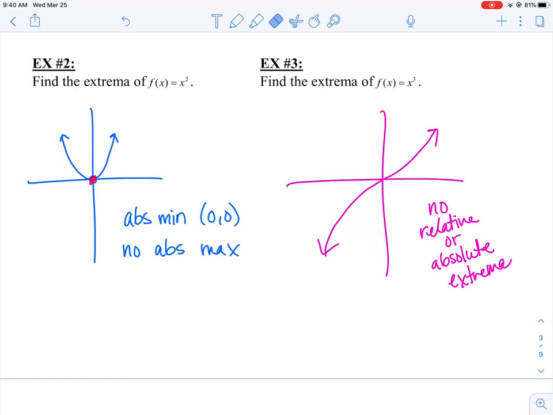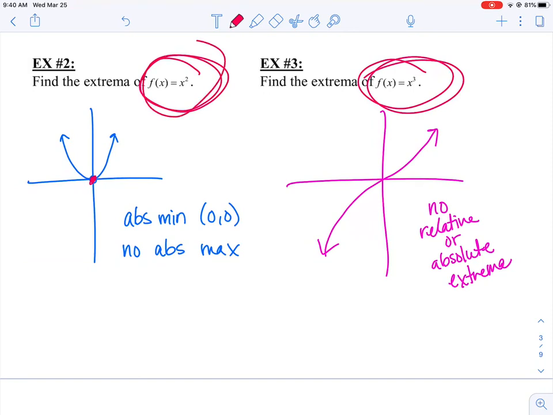I have no relative or absolute minimum because it's going to continue to go down. I have no relative or absolute maximum because it's also going to continue to go up. And I don't really have any, can I call them humps? I don't really have any humps in between. So this one actually has no extrema. But the important thing is here, you have to have an idea